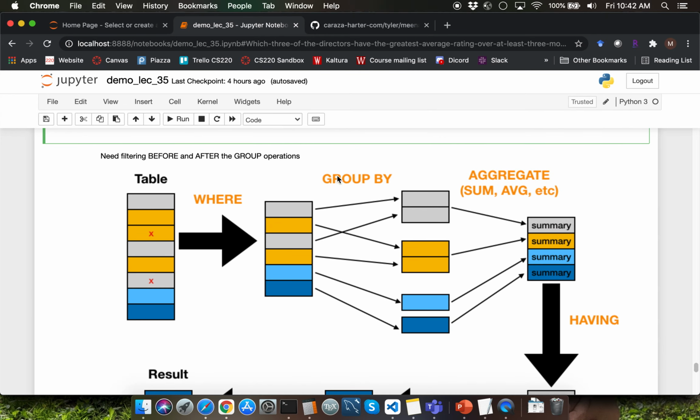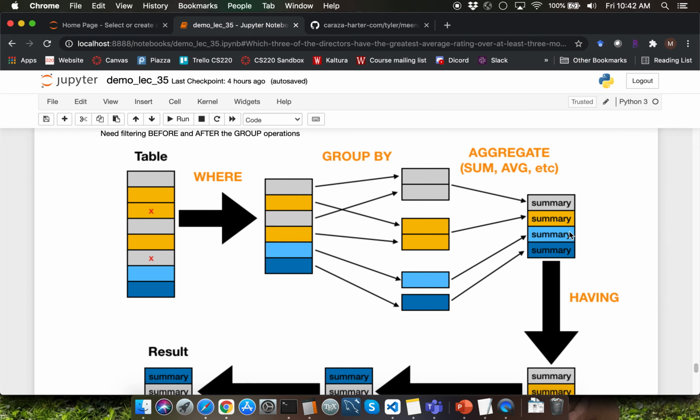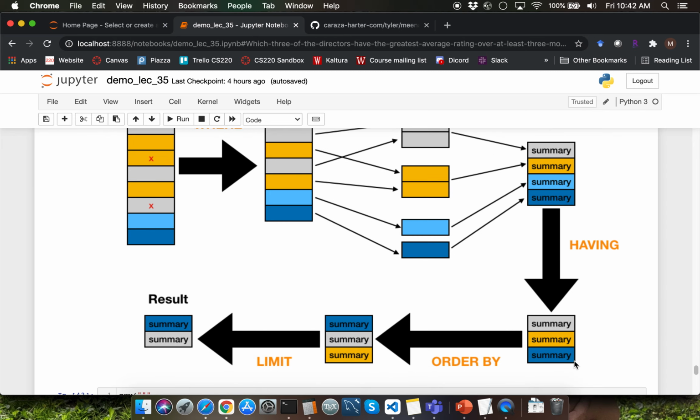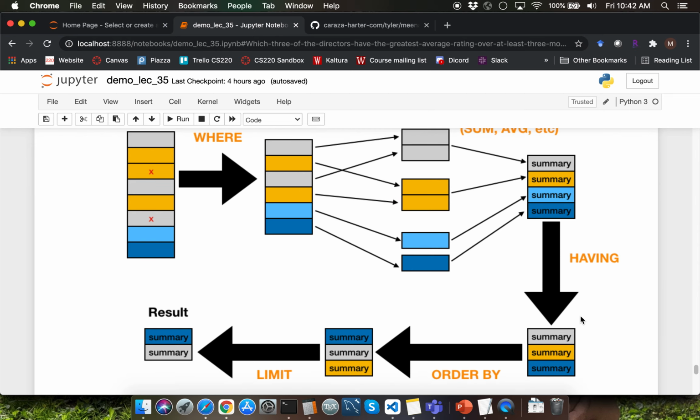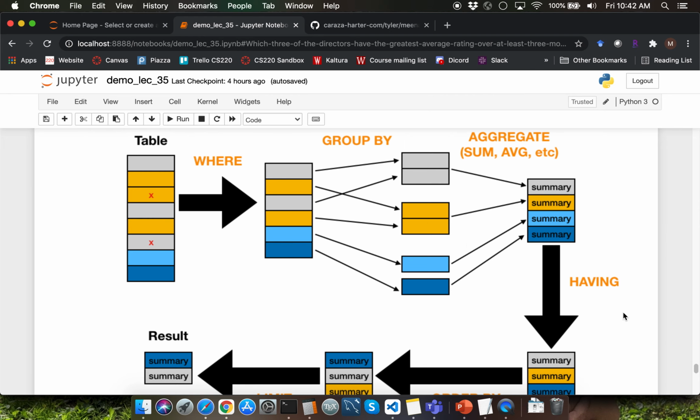If we do have a group by clause, then we are going to get the number of rows as part of the output from the aggregate step as the exact number of groups that got created by the group by clause. Following aggregate, we are going to apply the having clause, which is going to enable us to apply a specific Boolean expression to filter groups based on a specific summary column's value. What is the difference between where clause and having clause?